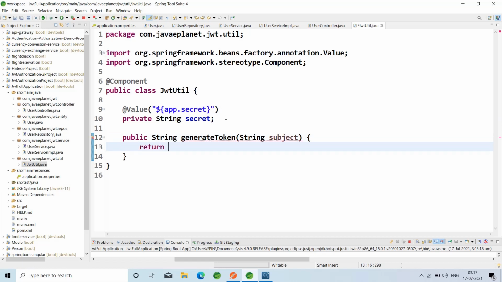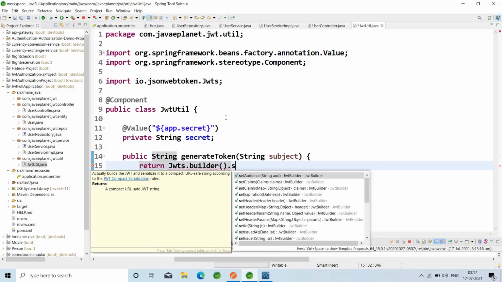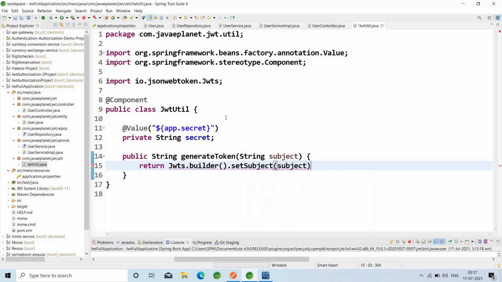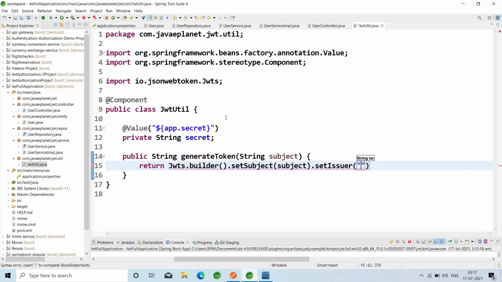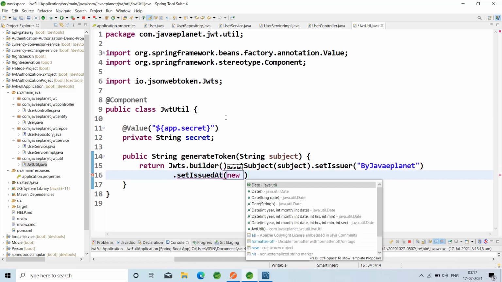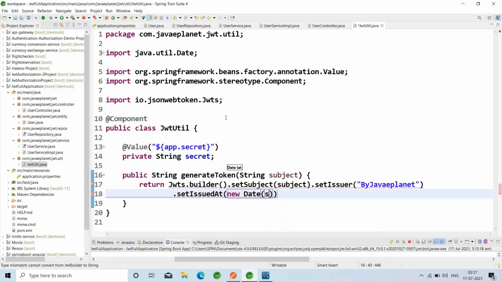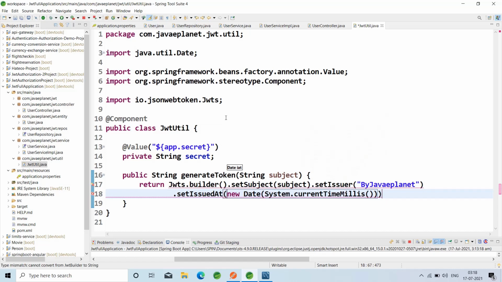Return Jwts.builder(), which builds the token, .setSubject, .setIssuer, javaeplanet, by javaeplanet, .setIssuedAt new Date(System.currentTimeMillis()), .setExpiration